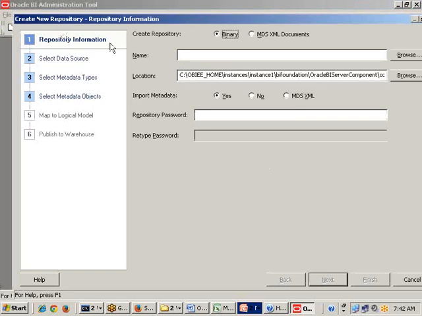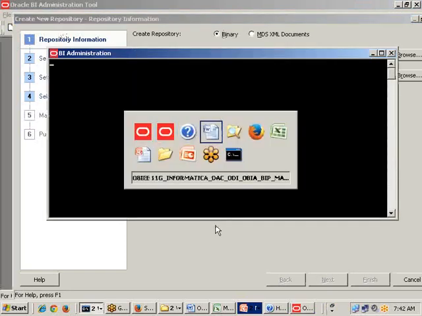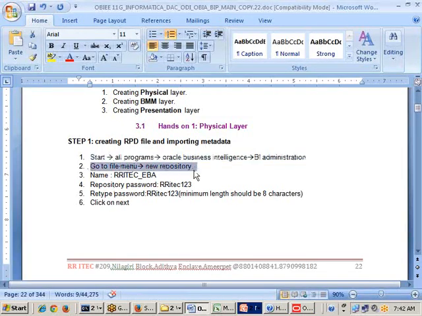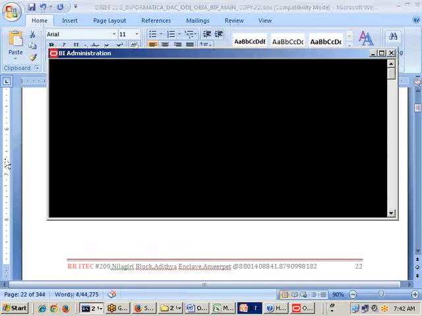So this is what we did as part of the second step. Go to the File menu, then click on New Repository. Then provide a name, then provide the repository password, and retype the password. Click on Next. Before going for these third, fourth, fifth, sixth points, I would like to discuss something